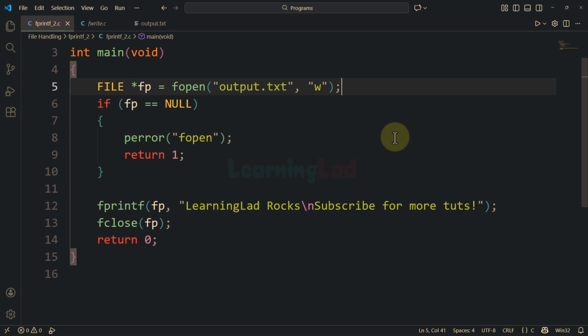In the previous tutorials, we have learned what files are, how we can open the files, how we can write data to the file, and how we can read data from the file. Now here in this video, I will specifically talk about the difference between opening the file in text mode and